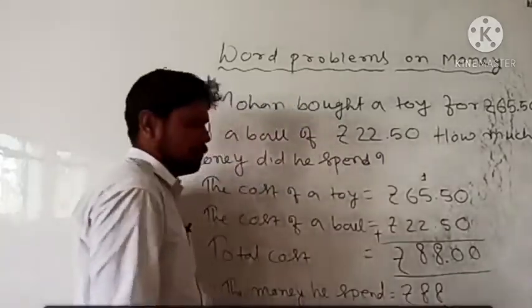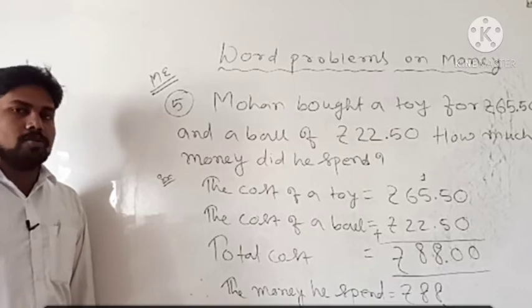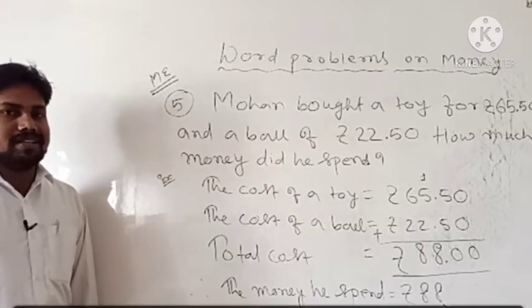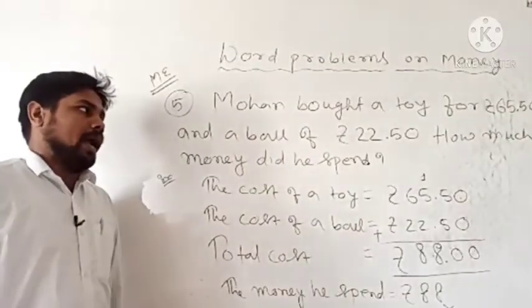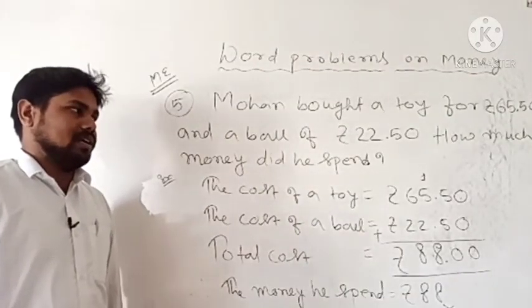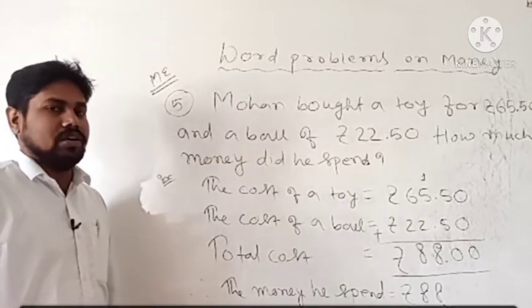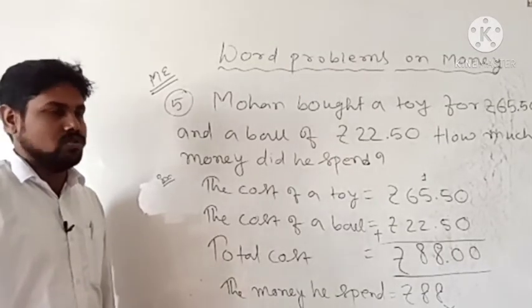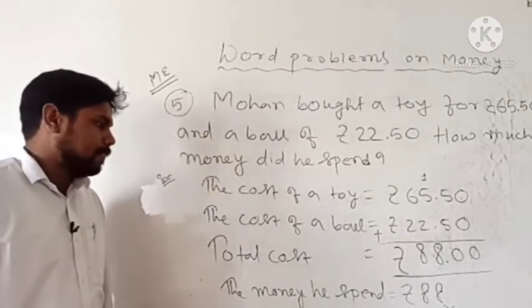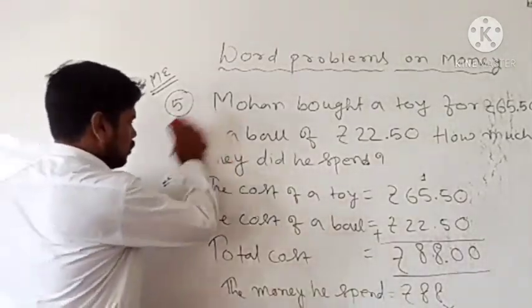That's the answer. So this is how very simply you can do problems related to addition, subtraction or multiplication. You just have to check whether it is asking to find the total, and whether it is repeated addition or simply two or three separate things. If separate amounts are given, then definitely we have to add. But if the same amount is given and it is asking for more quantities, then you simply have to multiply, right? So that's all about question number 5. Let's move to the next questions and the next type of questions.